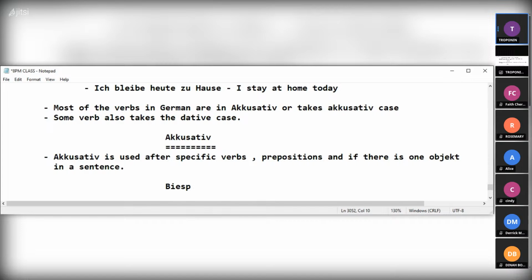So let's break it down. Er is what? Pronoun. Kauft